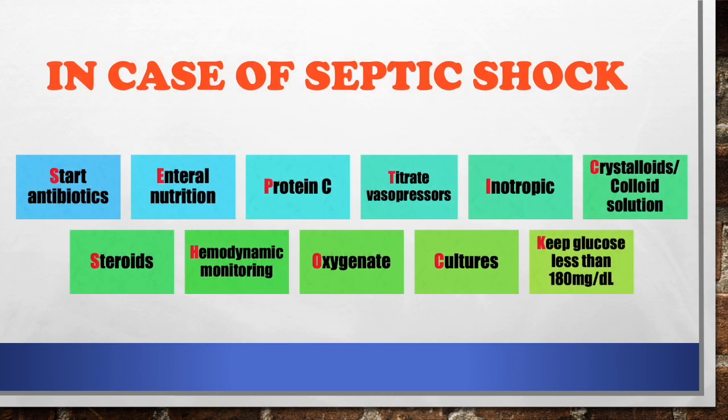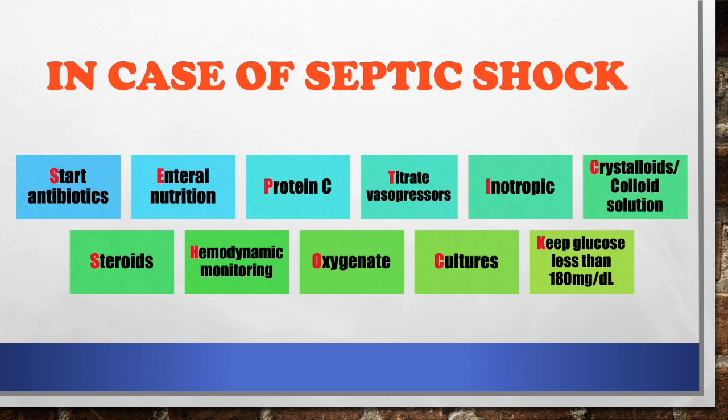In case of septic shock, start with broad-spectrum antibiotics, provide the patient with nutrition, give protein-activated C to combat inflammation, use titrate vasopressors to cause vasodilation and increase systemic vascular resistance, give inotropics as a method to increase force of heart contractions, use crystalloids or colloid solutions as initial treatment to bring blood pressure back to normal, use steroids at